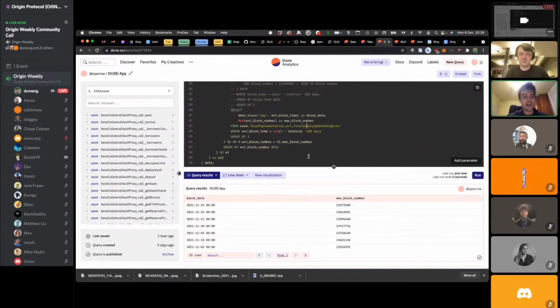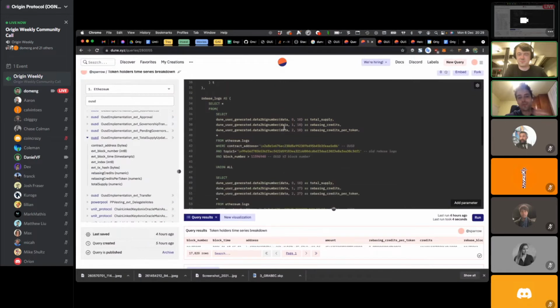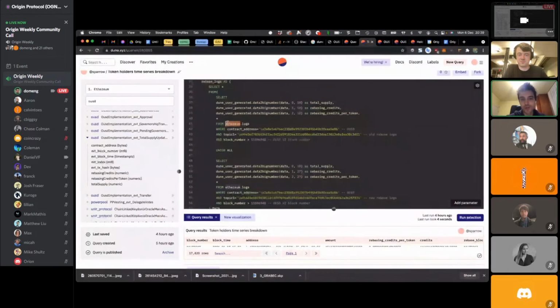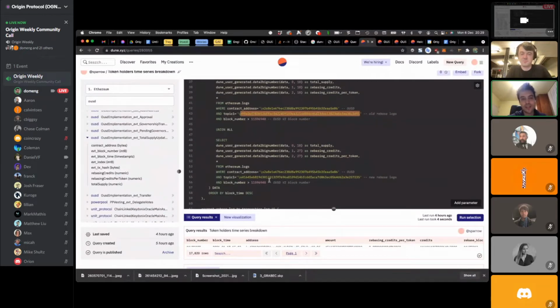There are also downsides, of course, because our contracts are upgradable. We used to have total supply updated without the high res, and because our contract code has changed and that's no longer in the source code, that event is not conveniently available to be queried. So there's just a bit more work you need to do. You can query the Ethereum logs table, specify our contract and the topic which would get you that specific event.